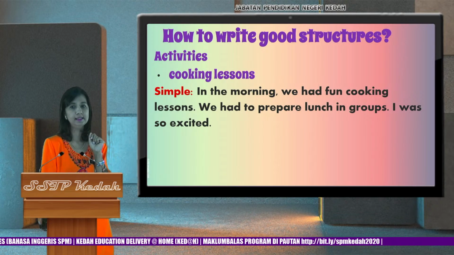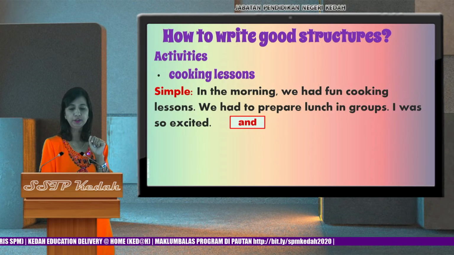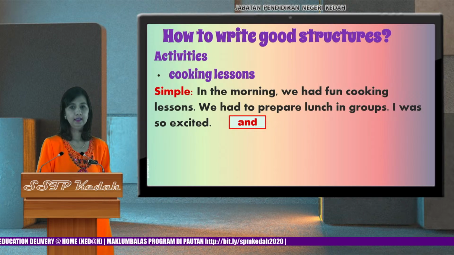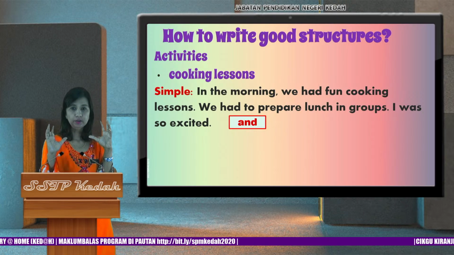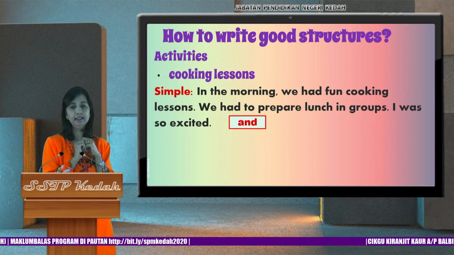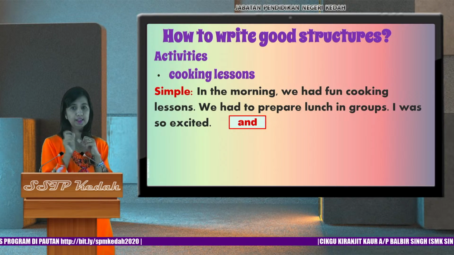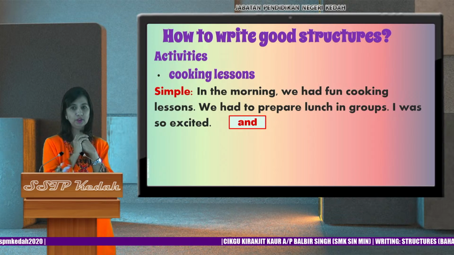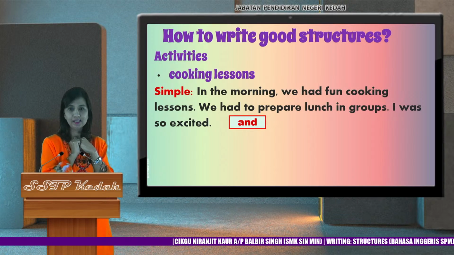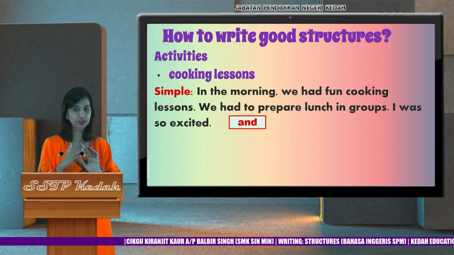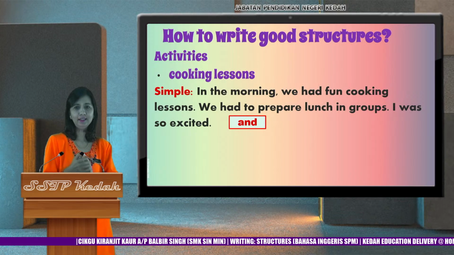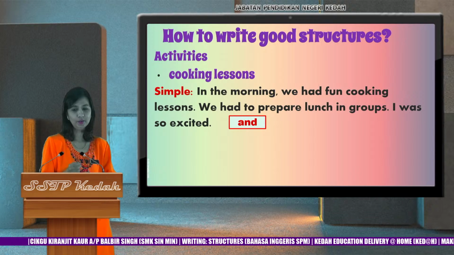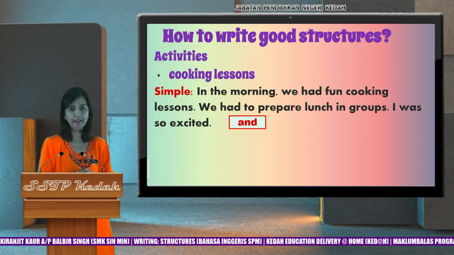3 simple sentences. Now I want you to write in your comment, how can you actually combine all these 3 sentences using and? Oh, it's so difficult, teacher. Why are you torturing us like you torture us in class? I'm not torturing, I'm actually helping you. A little bit of torture is fine. It's okay, the thrill is there, you don't get sleepy, right?